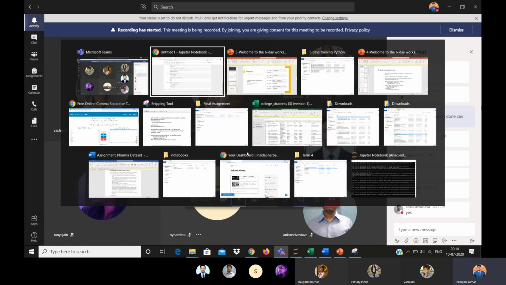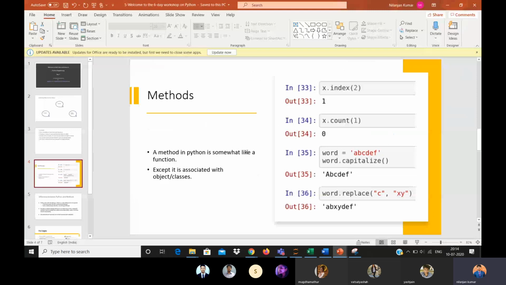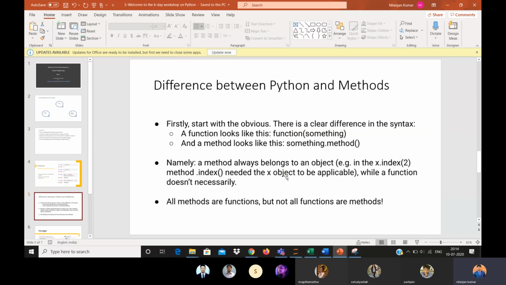Okay. So moving forward, method. A method in Python is somewhat the same as a function. The only difference is that it is associated with objects or a class. There are some more differences. First of all, you can see the syntax. Function(something) and something.method().